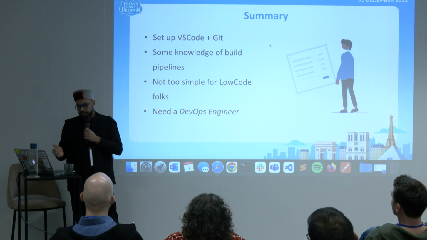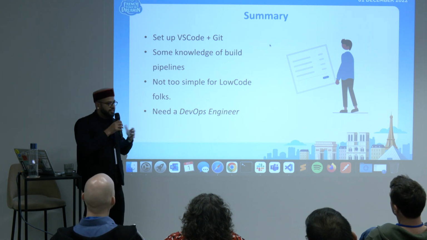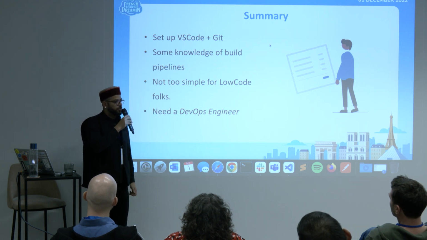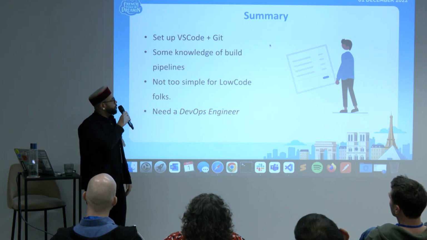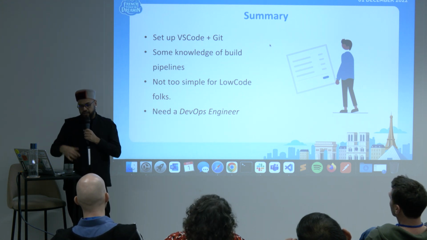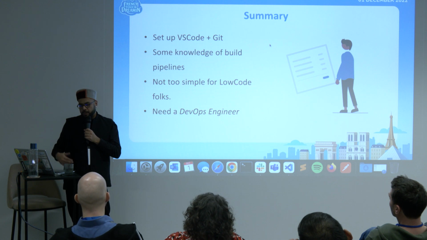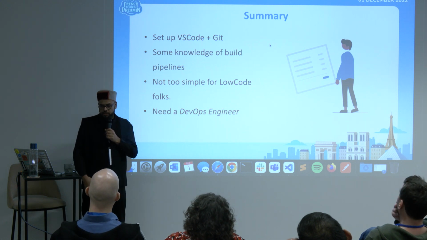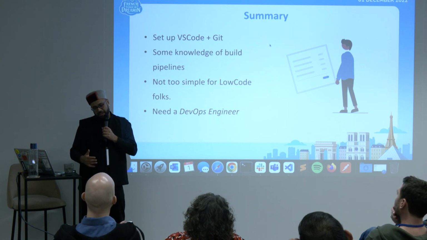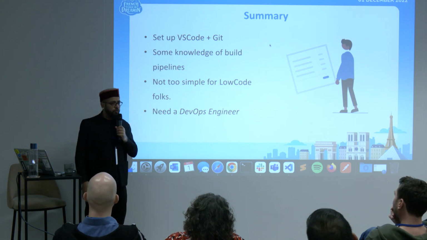Right. So in summary, as I said, this is a very beginner's talk. It's basically what you need to do Salesforce DevOps: get VS Code, you need Git, you need to get some knowledge of how pipelines work. What we also saw is that it is not too easy, not too simple for the low-code folks